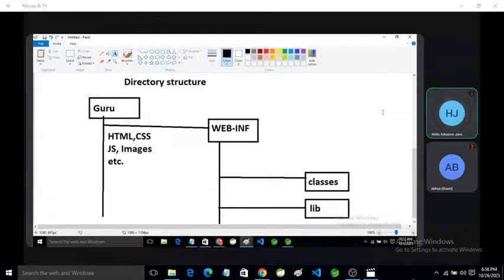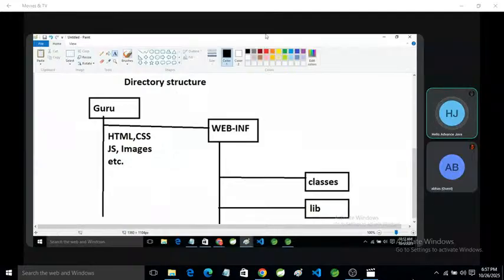If you want to connect with a database or any other framework or resource, we save all the jar files, the library files, in the lib folder. Otherwise, you have no need of the lib folder. That is optional. But classes is mandatory because you will create the servlet class, and after compilation it will generate the class file, which is saved in the classes folder.